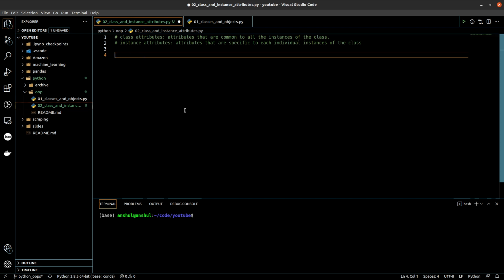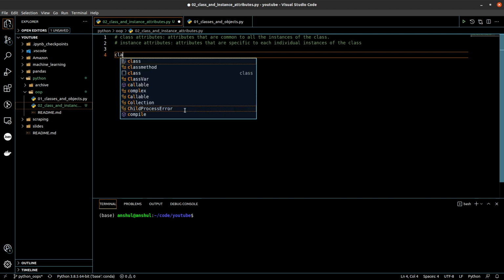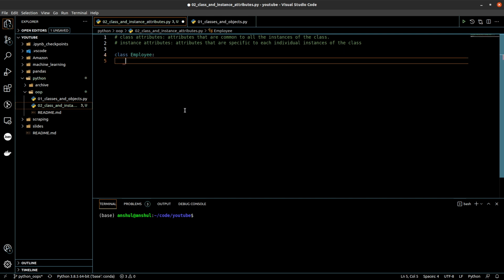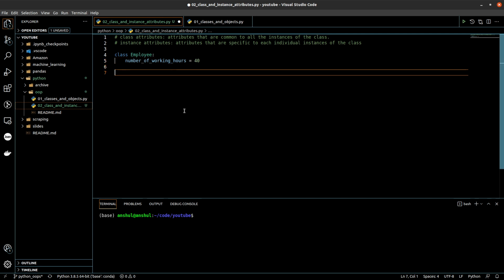For that, I'll define a class called employee, and within that class, just like we did yesterday, let me define the number of working hours as one of the attributes, and let me define it as 40. And let's try to create an object for this class now.